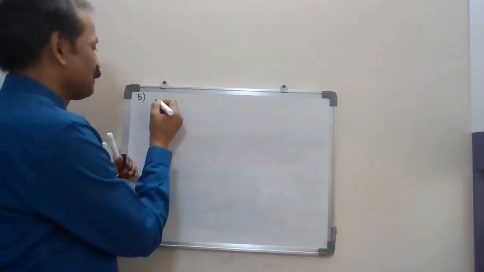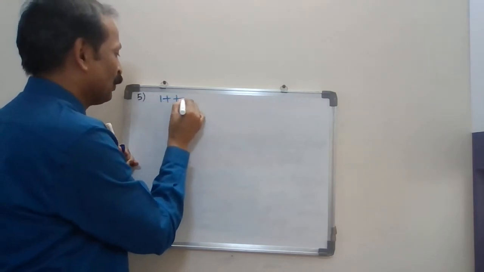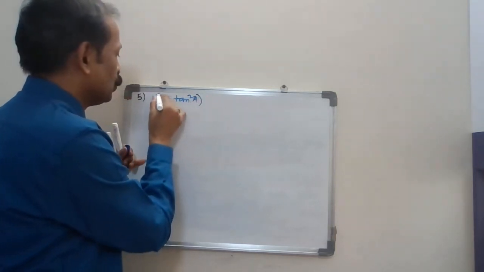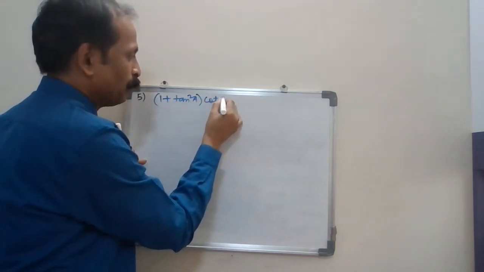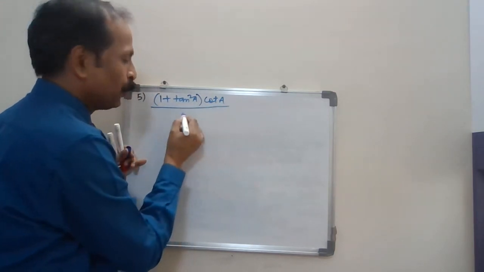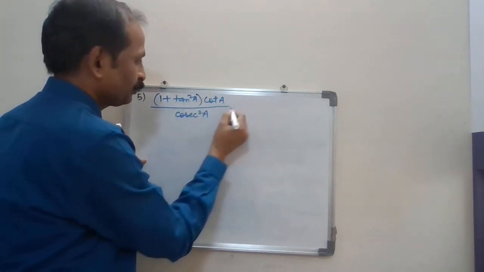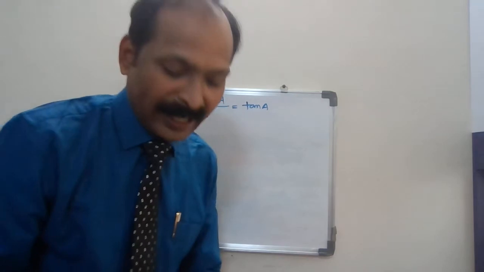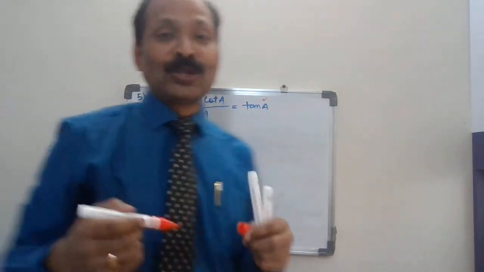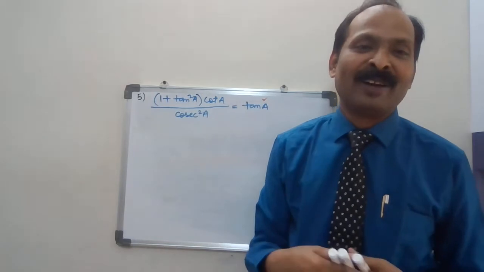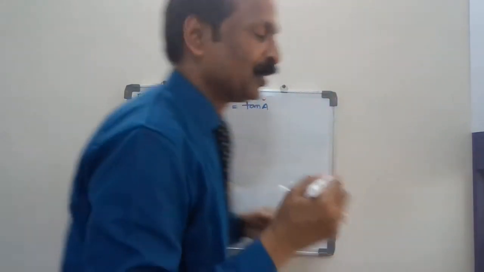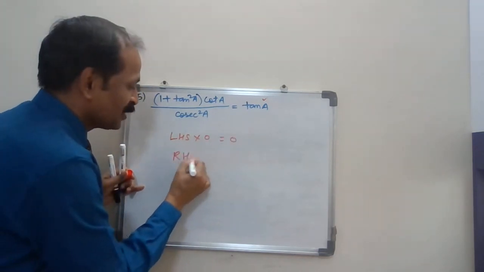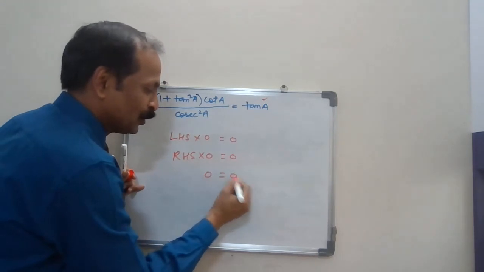So suppose the question is, I'm writing one question, 1 plus tan square A. See, when the digits become bigger, you become confused. But you have to prove only tan A. So tan A means sin A upon cos A. So one year this scholar child, what he says, sir, I can take LHS and multiply by 0. Suppose I take LHS, multiply by 0, it gives me 0. Then I take RHS, I multiply by 0, I get 0 equal to 0, hence proved.